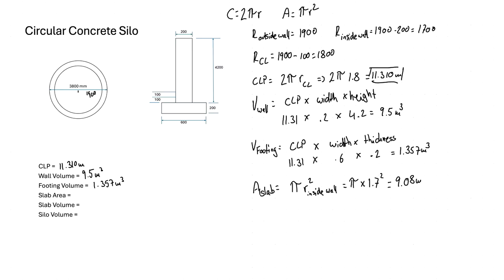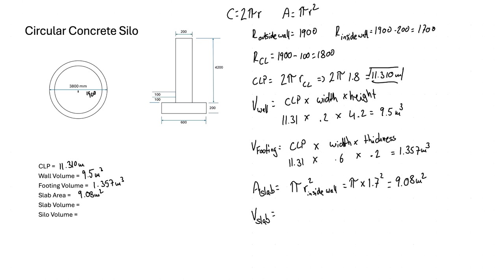And that's square meters because we're multiplying meters by meters, which gets us squared because we're doing an area. So slab area, 9.08 meters squared. Awesome. So from here, when we want to find out the volume for the slab, well, we